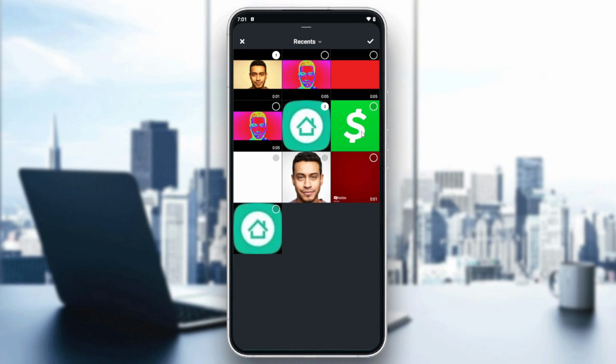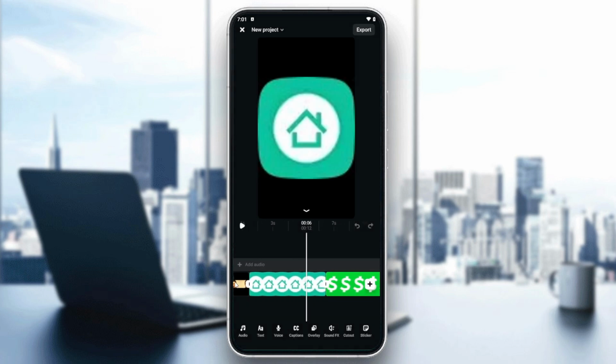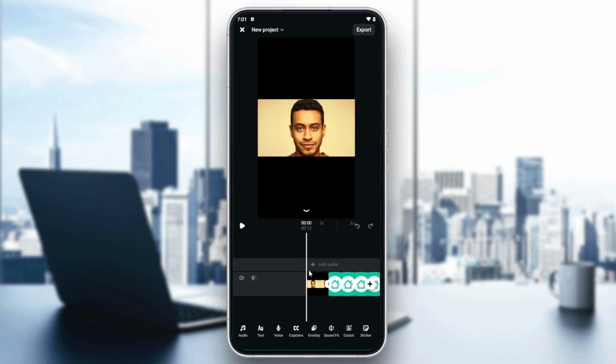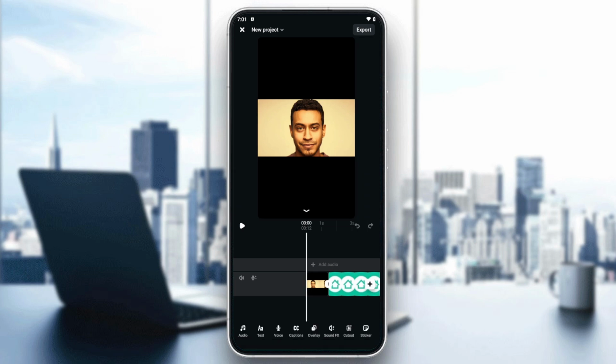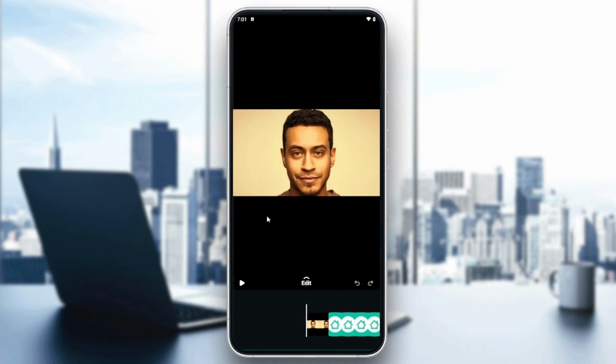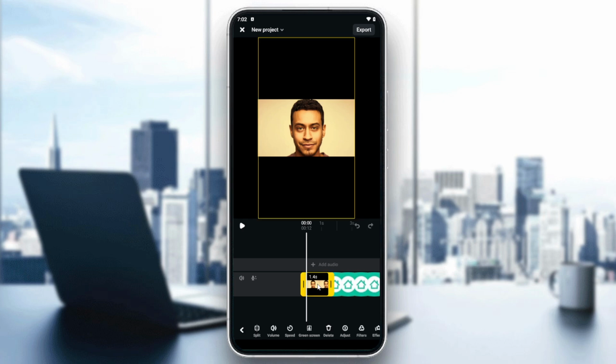Now, let's just add some footage to this video, and here we will have these three clips on our timeline. And from here, you will be able to start choosing a clip, and then you will need to add some effects to it. Instagram gives a variety of effects that you can apply to your clips or to your media. So let's choose an image, for example, this one, and then we will need just to scroll to